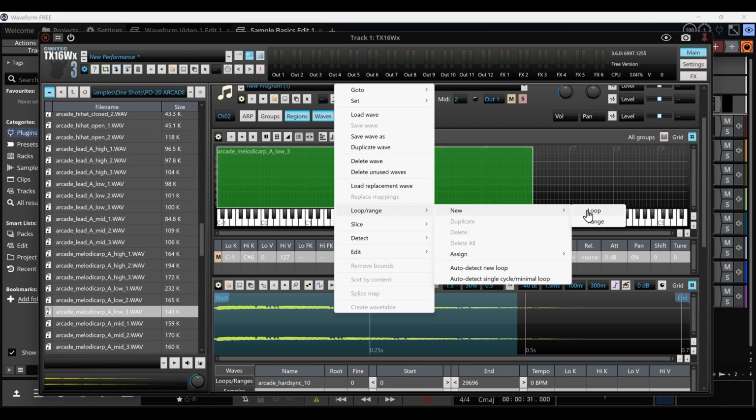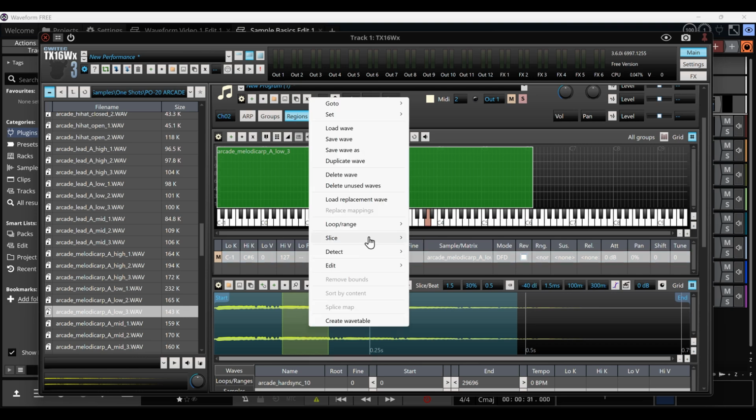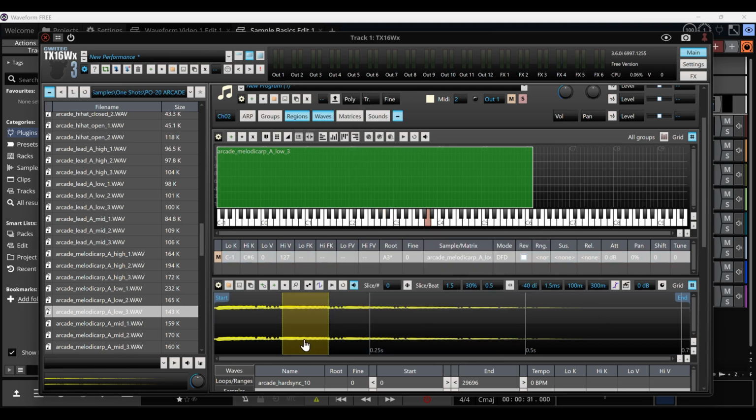Looping a sound in a sampler like this allows you to continue the noise. So you notice when we played it before there, it just kind of played through and it eventually stopped. As you'll see over here, there's a decay to the sound to where it eventually becomes silent, right? If you loop something like this though, you want to try and take a loop that doesn't have too much crazy change in volume or, you know, an attack like this at the start of it here, because you'll get kind of a clipping noise if you do that. If you take a loop like this, you'll notice, right, I go right click, loop, new loop, right? It'll pop up over here in this range, and sustain thing. If you set both of these to that loop,